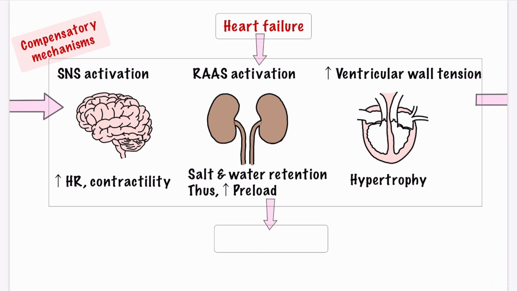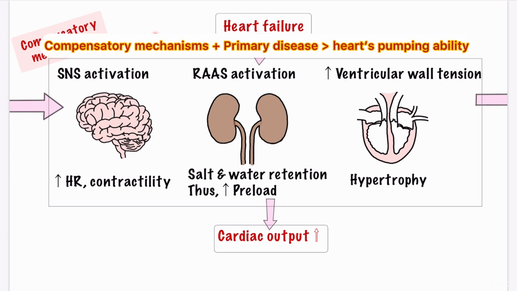In summary, the compensatory mechanisms result in increased heart rate, contractility, increased preload, and hypertrophy of the heart, and they ultimately lead to higher cardiac output. Unfortunately, these compensatory mechanisms, which serve to restore the cardiac output to your body tissues, also result in an increase in the workload of your heart and oxygen requirements and appear to cause remodeling. Progression and decompensation may occur when the primary disease plus the superimposed burdens of the compensatory mechanisms overwhelm the heart's